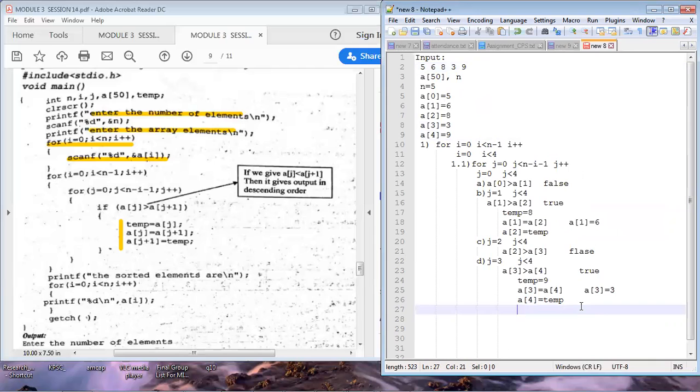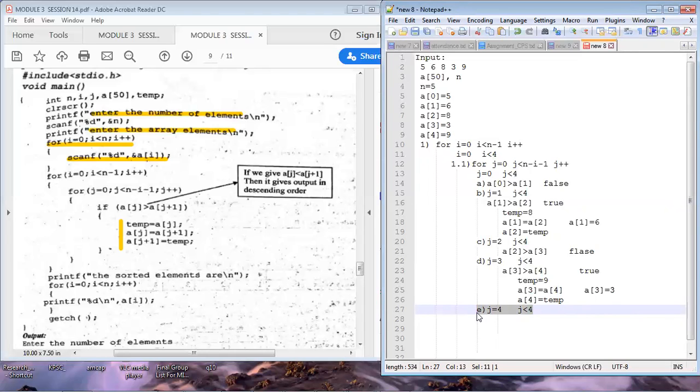Okay. Now after this, the next iteration of the J for loop, J is incremented by 1, so J is equal to 4, and whether J is less than 4, whether 4 is less than 4, no, 4 is equal to 4, this condition is failing, so we are going to stop executing the inner for loop.